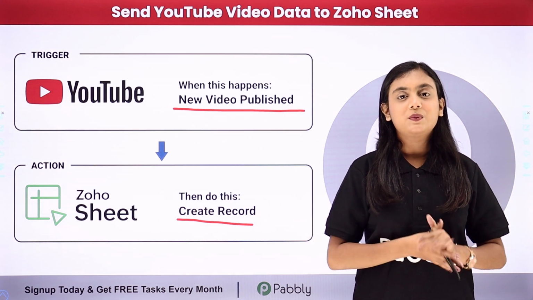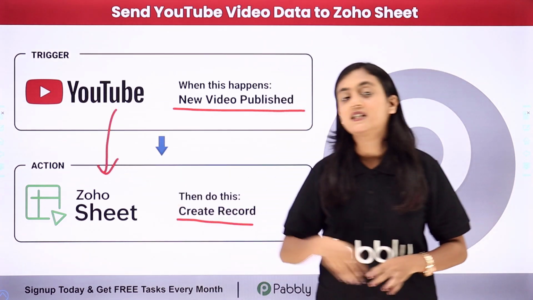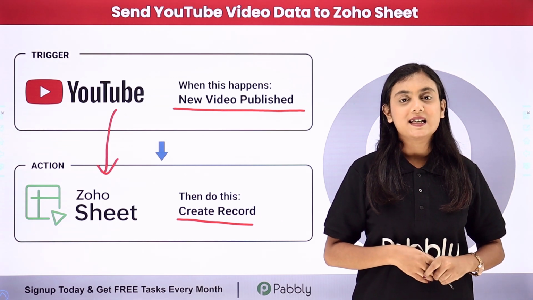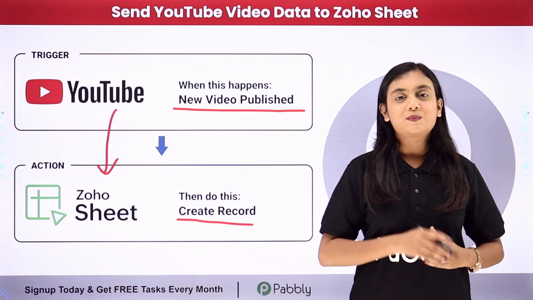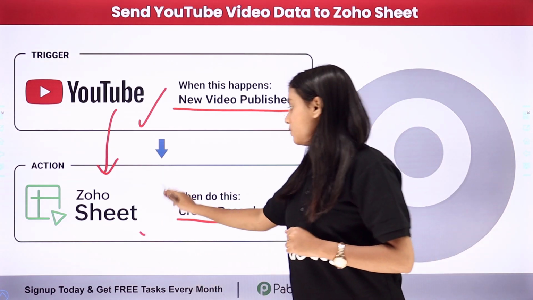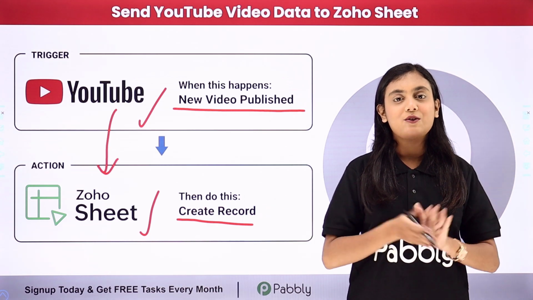Sheet. For that, what we are going to do is we're going to simply create an automation between YouTube and Zoho Sheet with the help of Pabbly Connect. Pabbly Connect runs on two concepts, that is trigger and action. In this process, my trigger application is going to be YouTube and my action application is going to be Zoho Sheet. So if you want to learn how to do this automation, then let me take you all to my